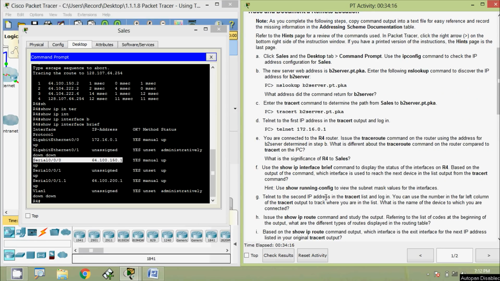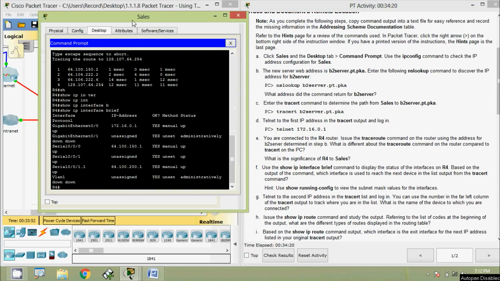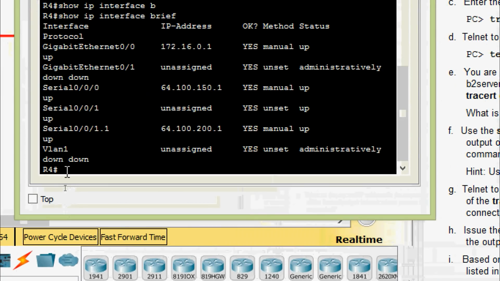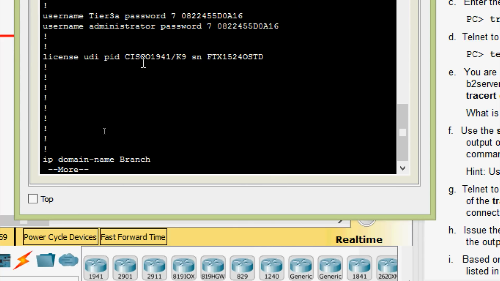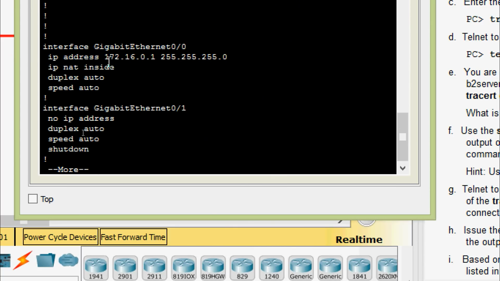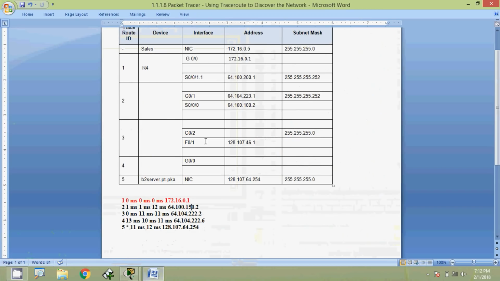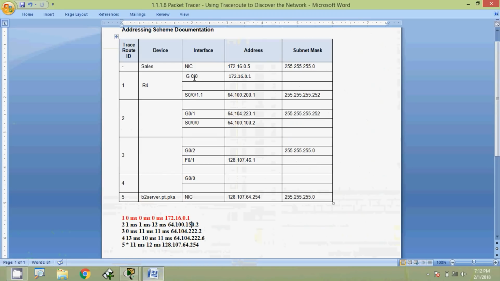Hint: use show running config to view the subnet mask values for the interfaces. Right, coming to R4, show running config, and here we can see the details. Here we can see already we gave this IP address into our addressing scheme. Now we have to get this subnet mask, that is 255.255.255.0. Coming to our addressing scheme, here is gigabit Ethernet 0/0,